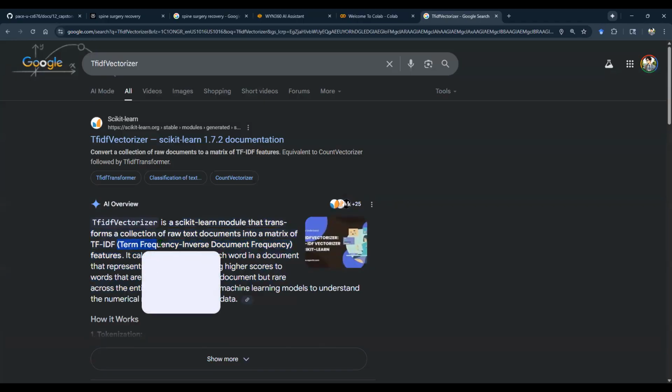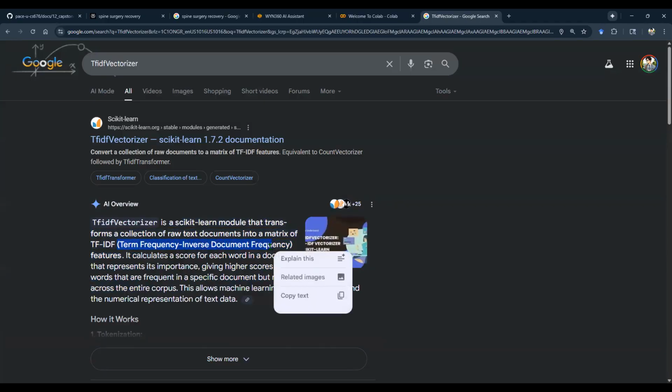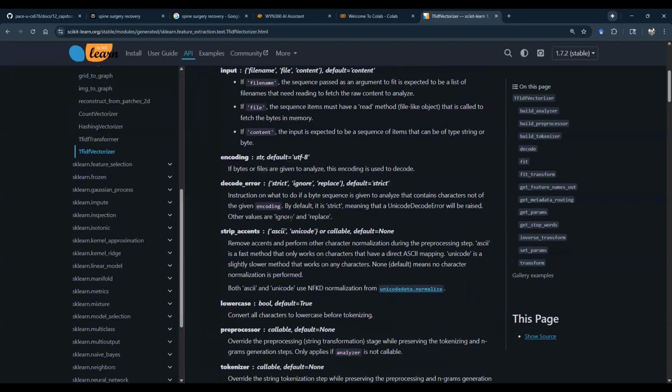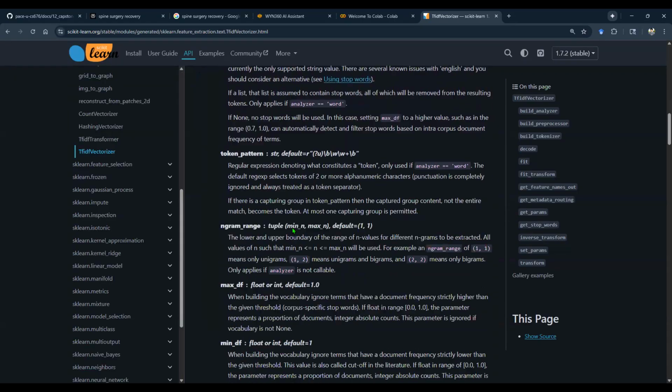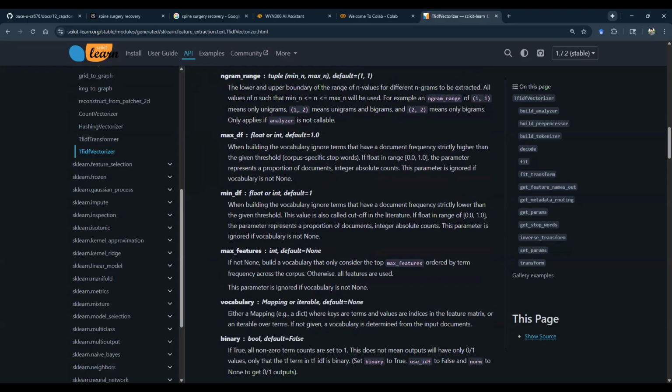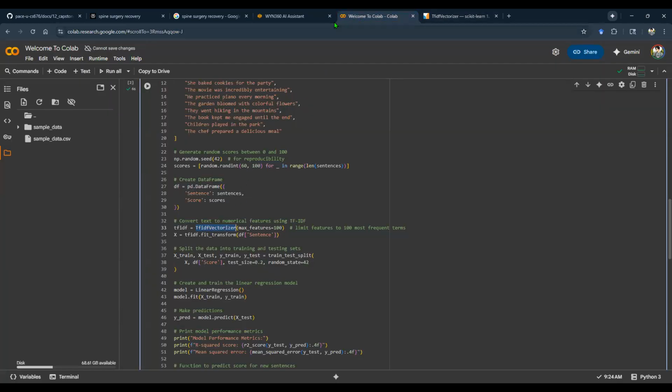So TF-IDF means term frequency, inverse document frequency, whatever that means, right? Of course, you can go into API docs. This is the API docs for scikit-learn, and you can read about this, understand the function, understand the API, and then try to understand what's going on. But assuming this is not clear, what I would do is I would take this function and just go back to your chatbot